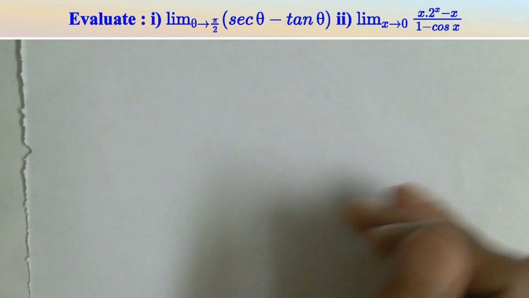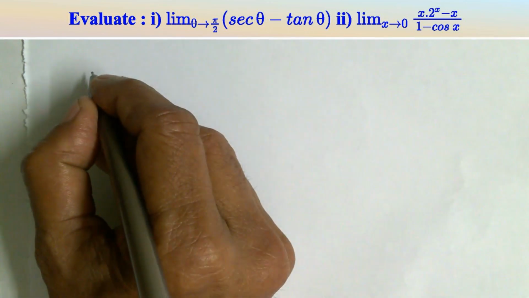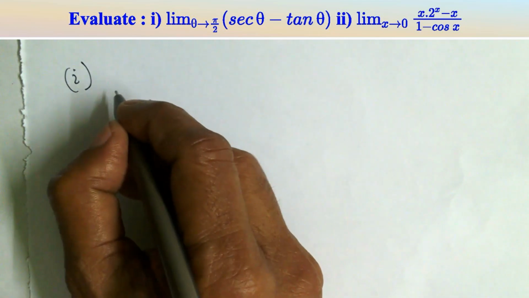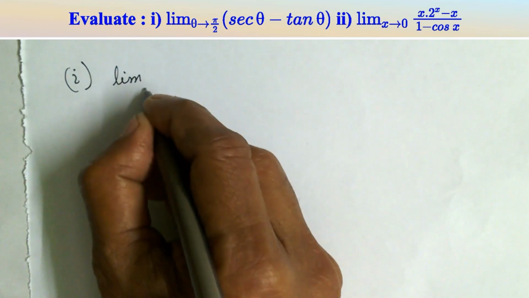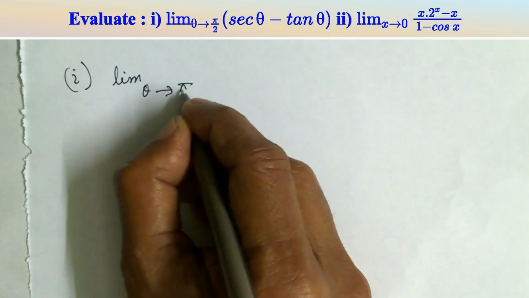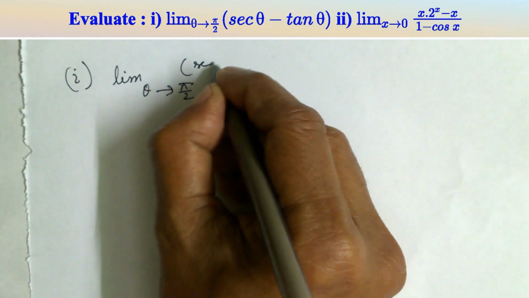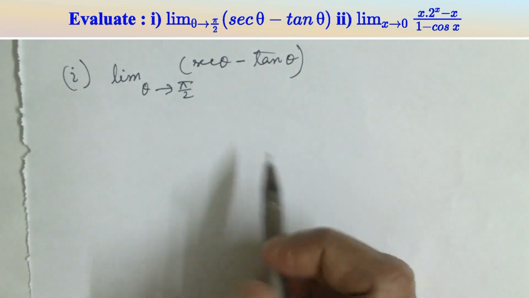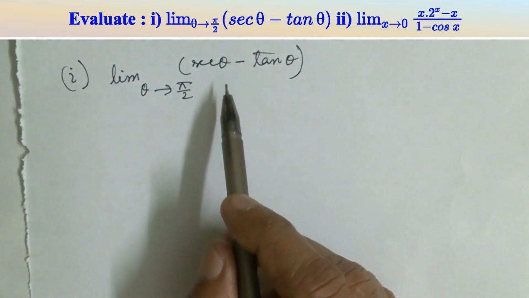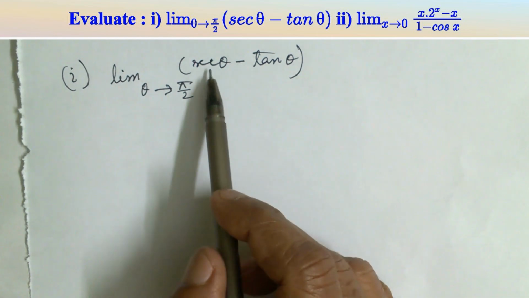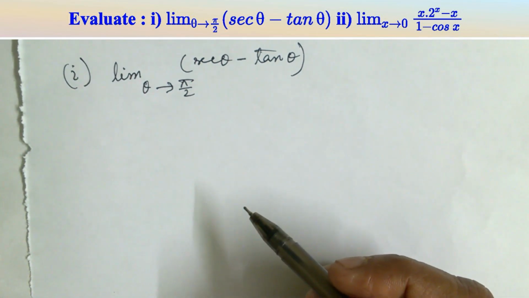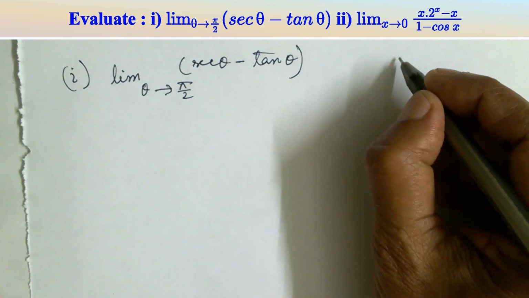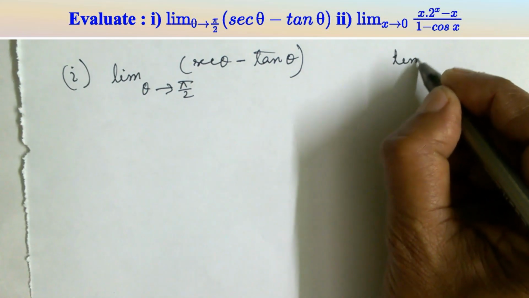To solve the questions, question number 1. Writing first, question number 1: limit theta tends to pi by 2 of sec theta minus tan theta. Obviously these questions are from trigonometric functions or t ratios. Here sec theta, tan theta. Whenever any limiting problem is solved, the formula always used is